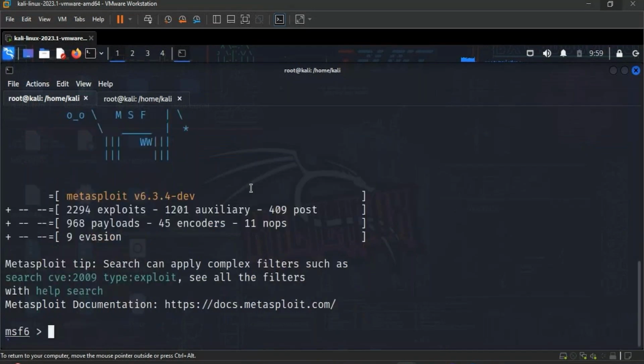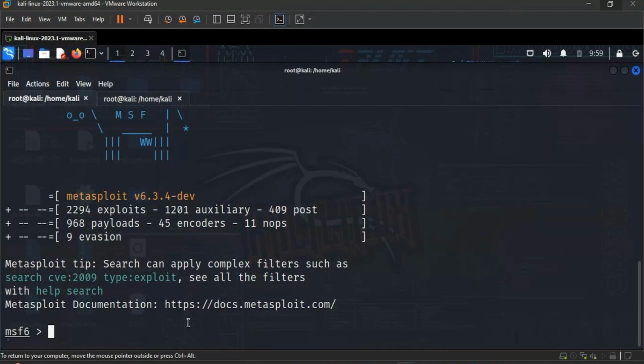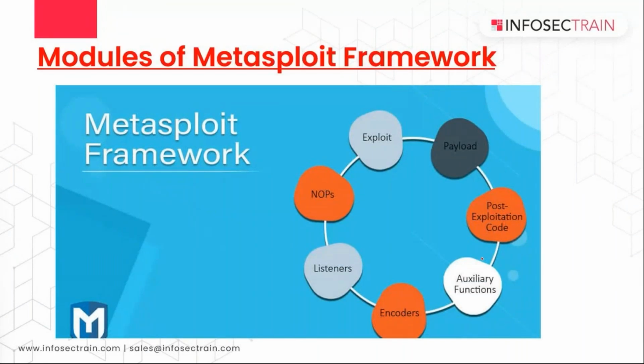Now apart from banner, it gives you the modules. These are the names of every module that Metasploit framework has. Now how you will use these modules? So that we'll discover, right? So this is the architecture of Metasploit framework. Now next we'll talk about the modules, all the modules of Metasploit framework, what those are, how they work and everything, right? So